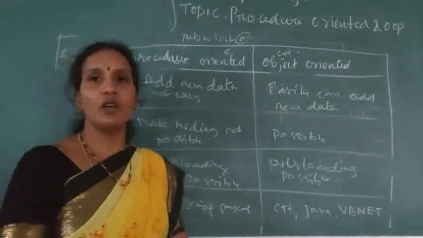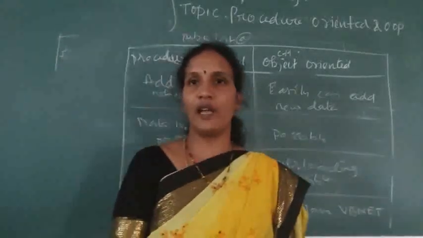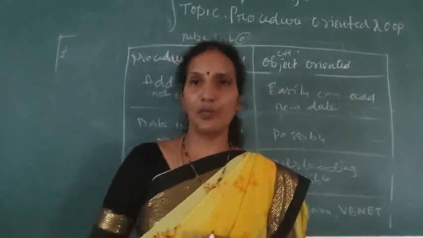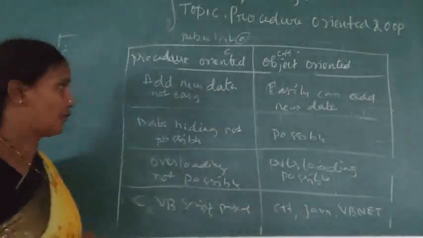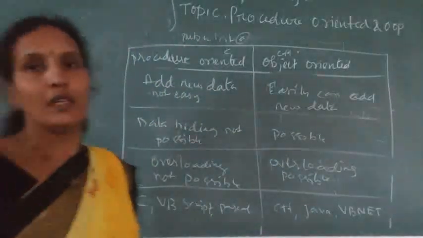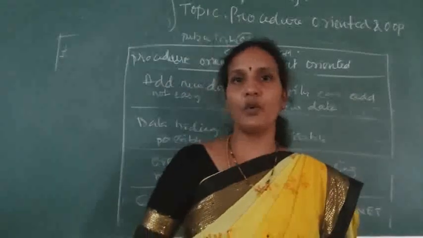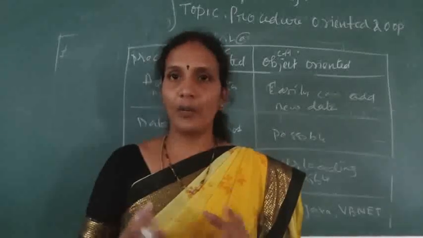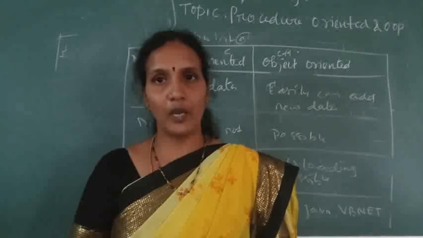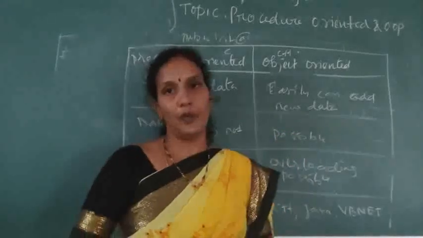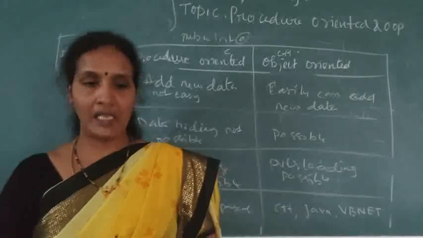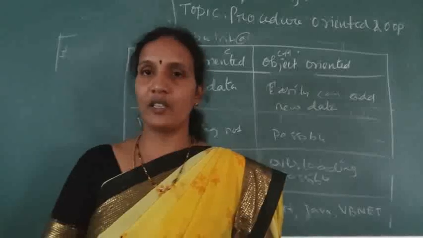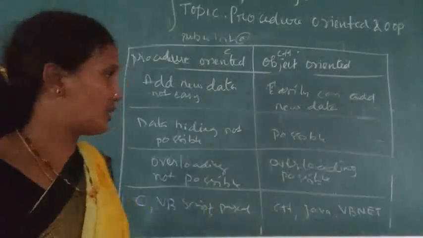But in object-oriented methodology, we directly go to that object and add the new data. So there is no need to declare more variables in object-oriented methodology. Data hiding is not possible in C programming. Data hiding means if you want to restrict access to any data from other functions or a particular function, it is not possible in C programming, whereas it is possible in C++. If you make any variable private, other functions cannot access that data. So you can hide your data from the functions.